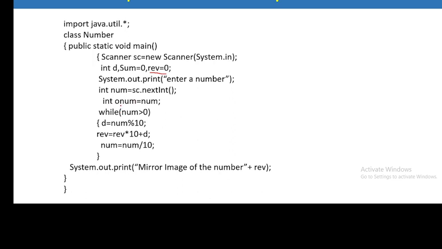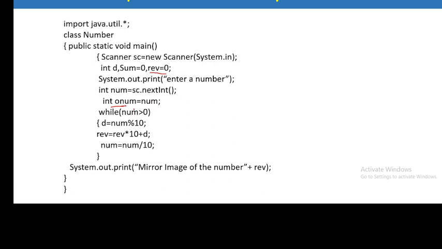In many programs you will need the original number. In this program it is not required, but sometimes a student forgets to include this line. So this program doesn't require it, but still I have taken the original number equal to num.